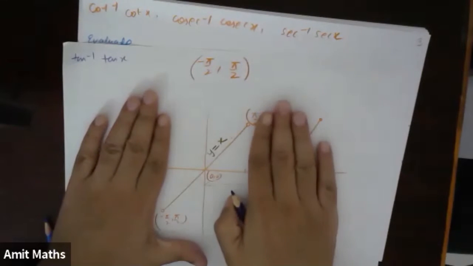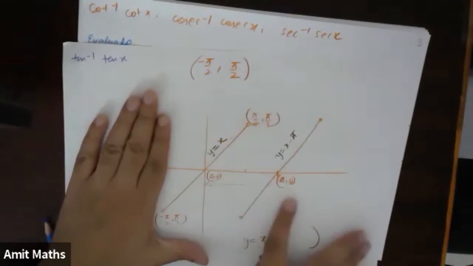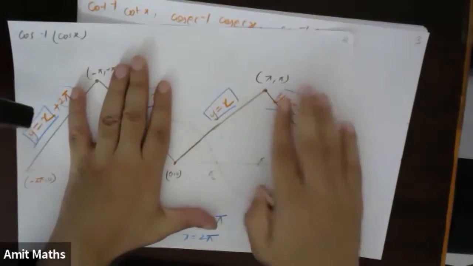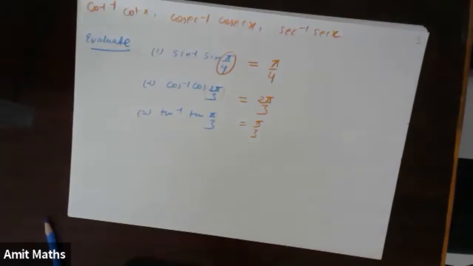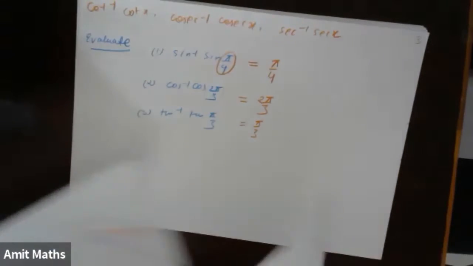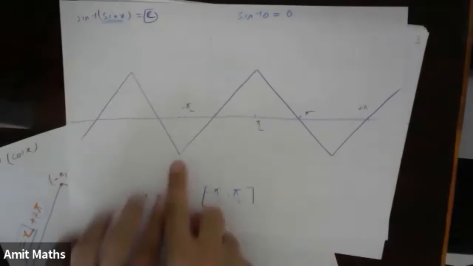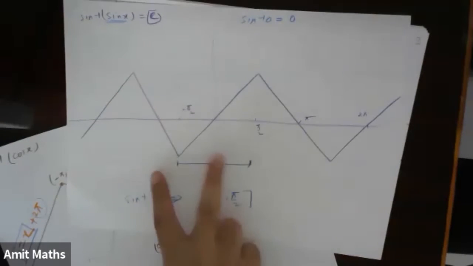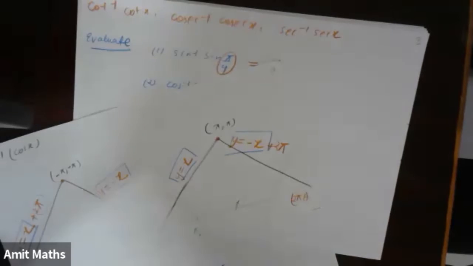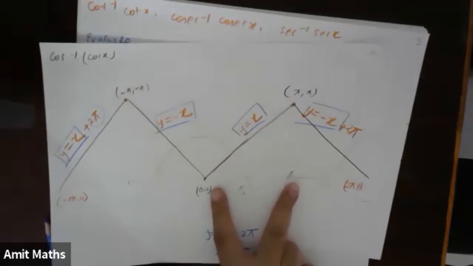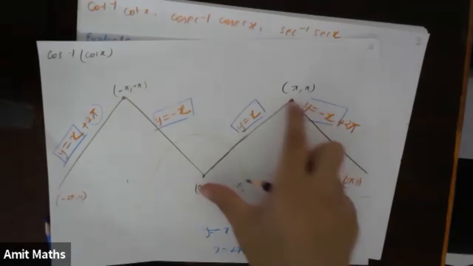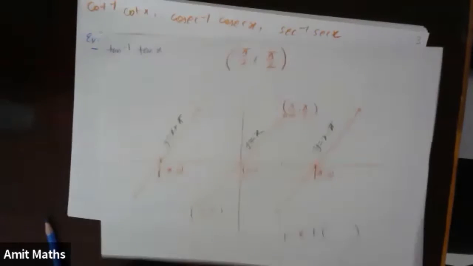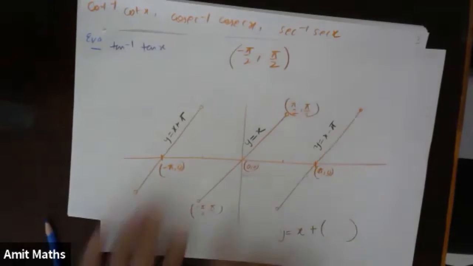Between minus pi by 2 to pi by 2, y is equal to x, right? And between 0 to pi, again y is equal to x. Understood? So between the principal value, the principal value for sine is minus pi by 2 to pi by 2. So between that, sine inverse of sine x gives x. Yes, very good. So between 0 to pi, the principal value for cos, again we are getting y is equal to x. Tan x between minus pi by 2 to pi by 2, again.